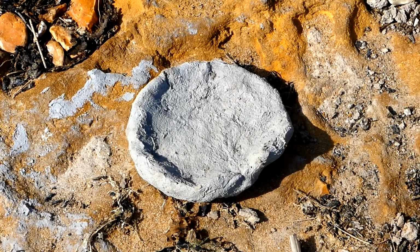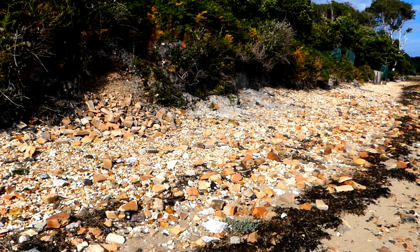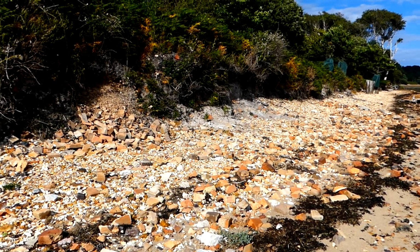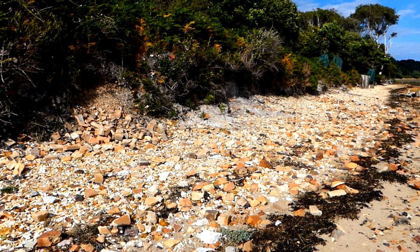Interestingly, someone else further along the coast has got the same idea and made a little pot. Coming out with my family here, but they've taken the exit to the scout camp as a place to tap out, and I don't blame them because the beach from sort of here on in isn't the most accommodating if you're wanting to walk on it or sit on it, because it's a lot of bricks and a lot of